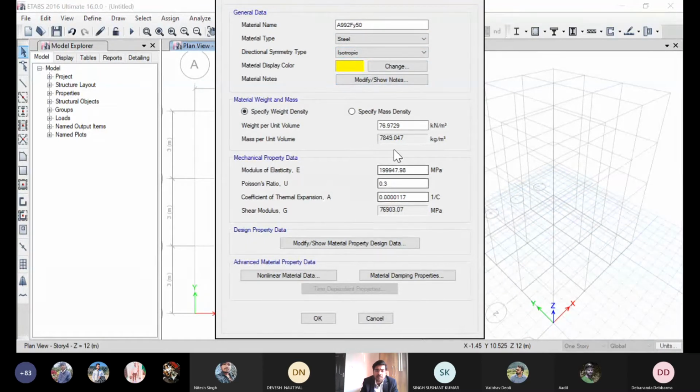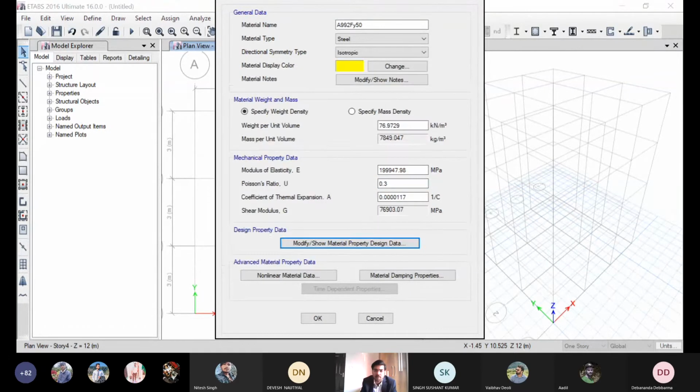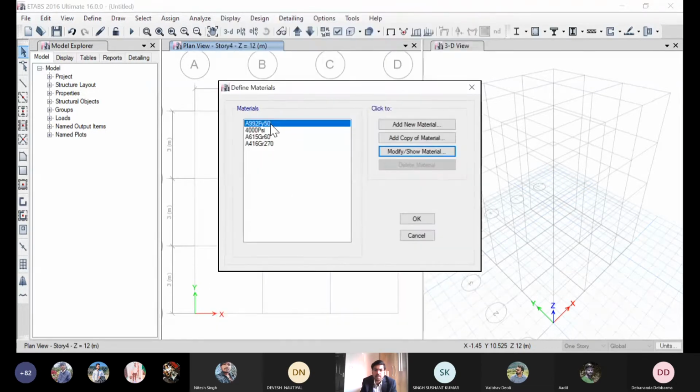Elasticity, from the basic point of view, don't need to change anything unless you know the value from your theoretical approach. So I'm going to modify it, and I'm going to say the minimum yield stress is not this. My minimum yield stress of the steel would be 415. So right now I'm changing it to 415. This also, I'm going to use FE415 for my reinforcement. Done. So this is my material, steel, and this is my concrete.